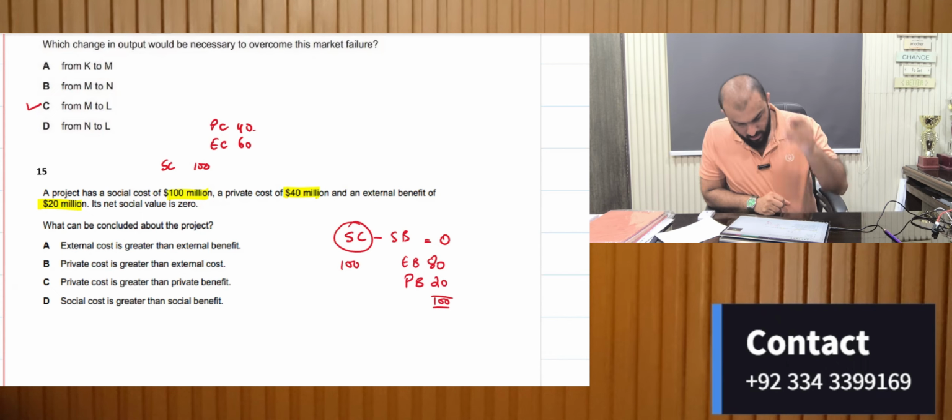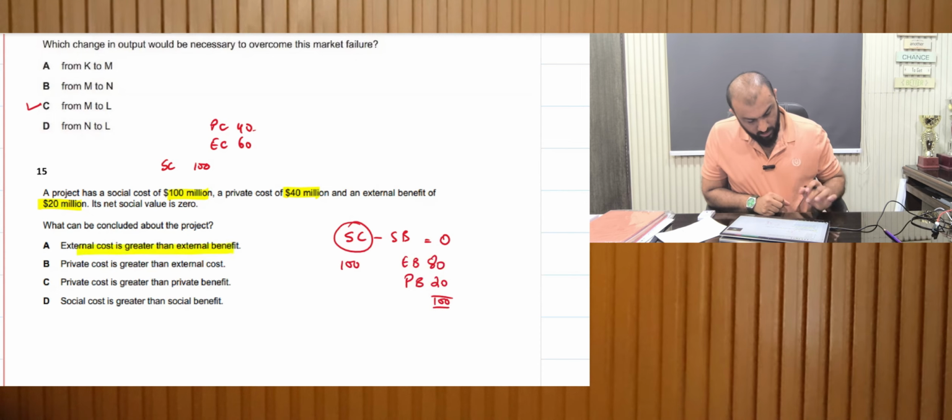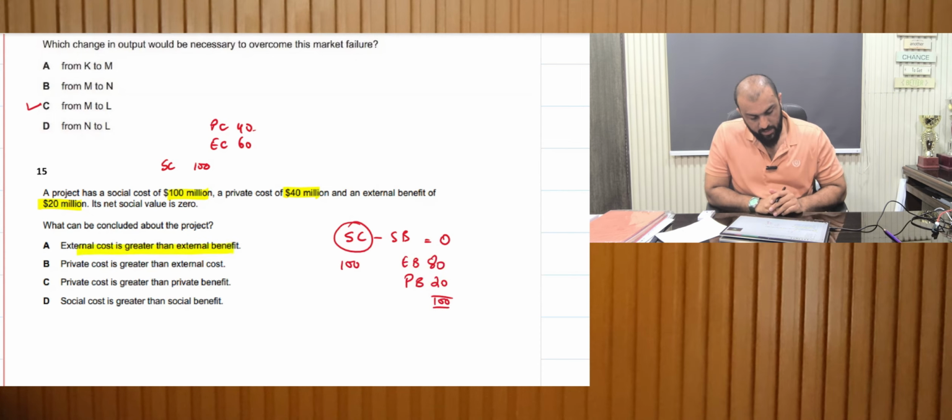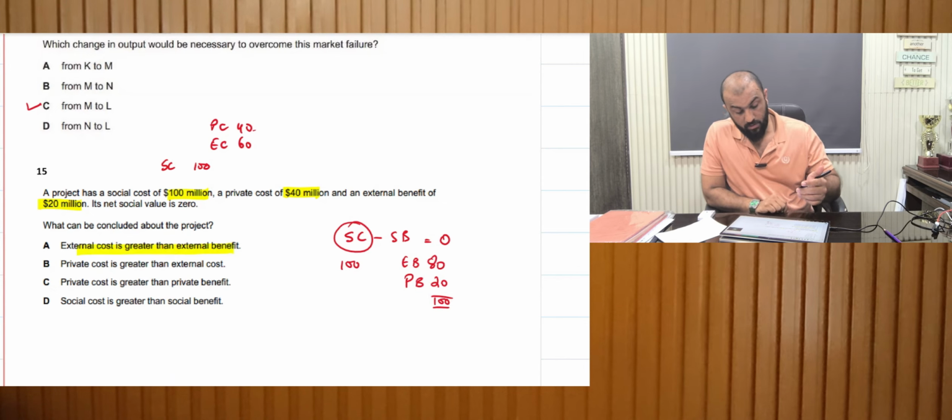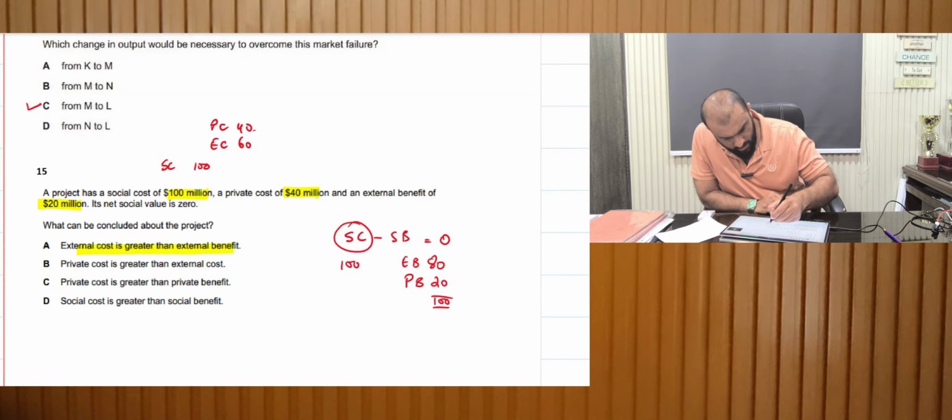External cost is greater than external benefits. Well, the external costs are not greater than the external benefits. The external benefits are greater. Oh, sorry, I messed this up. This is external benefits. Yes, external benefits,